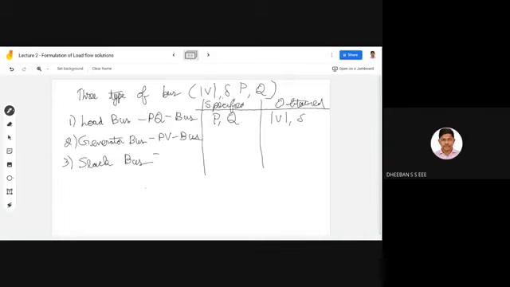And then with respect to PV, your real power and your V will be given. As the name suggests, these two values will be given for your PQ and your PV, and you have to find your Q and your load angle. Coming to the slack bus, your voltage magnitude and the del will be given. You have to find your P and Q. So this is how the load flow analysis methodology revolves.